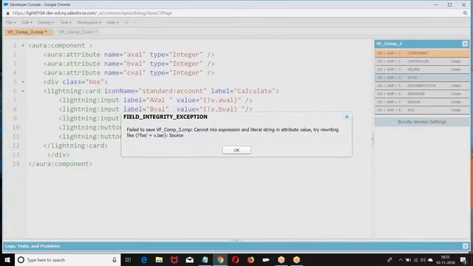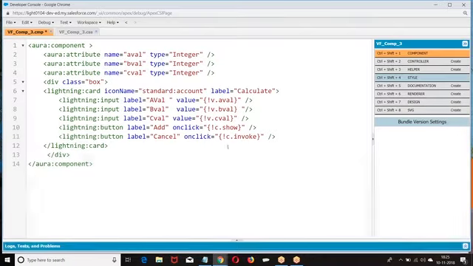Expression and literal string in attribute value. In the attribute I have taken type equal to, name equal to aValue, type equal to integer. In the value, I don't think there is a mistake actually. Is there any spelling mistake? Value equal to... space here. Yeah, I have a space here. See,